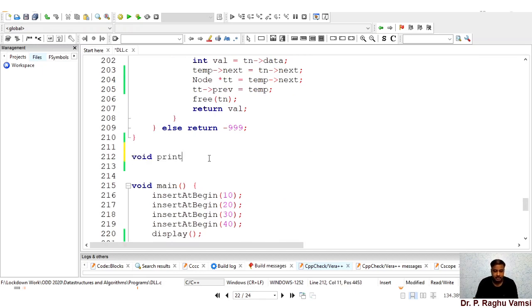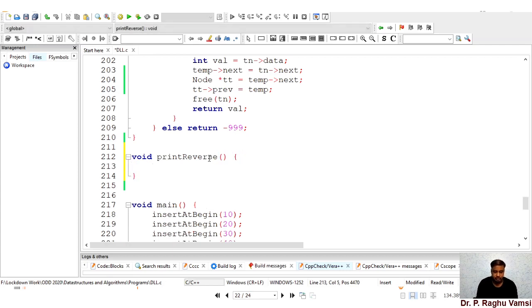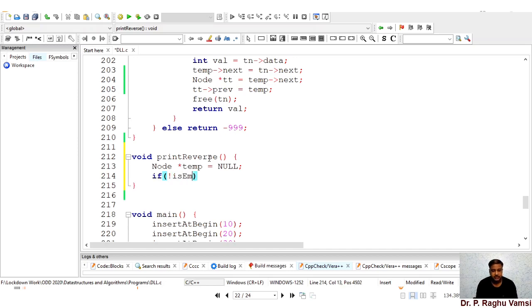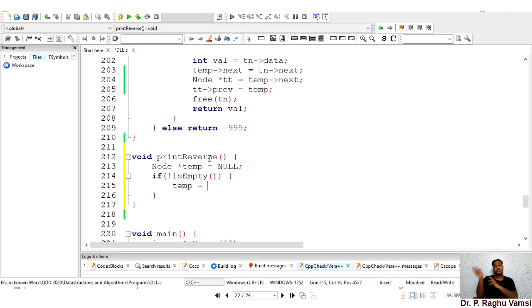Print reverse. As usual, we'll keep a temp node, star temp is equal to null, and we can do this only if not is empty. Then temp is equal to move end, so that we get the last node.